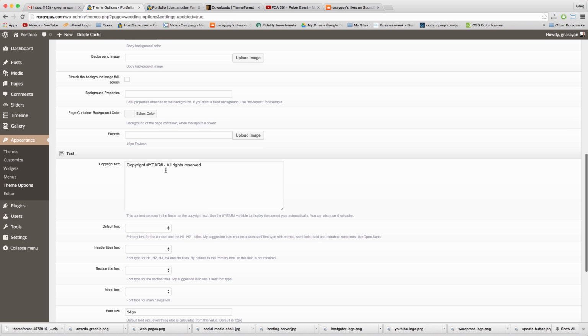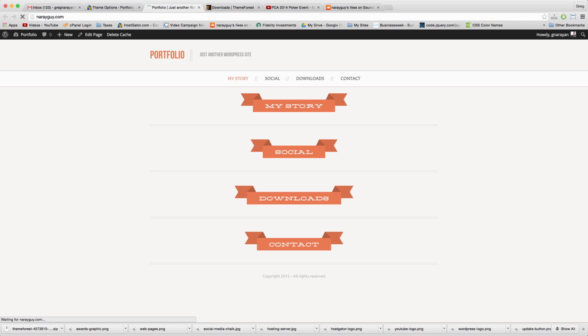In this section, you could also edit the copyright, which displays at the bottom of the site, but I don't really care about that right now. Alright, colors are looking better. So let's go ahead and change this tagline